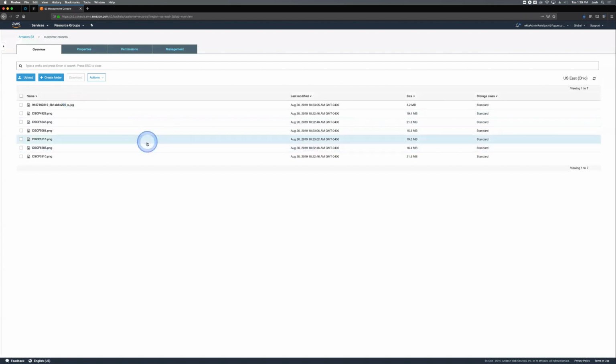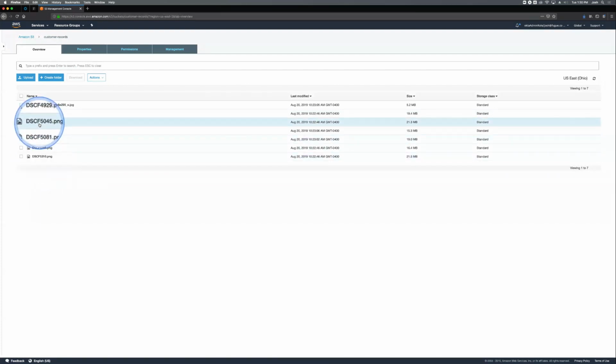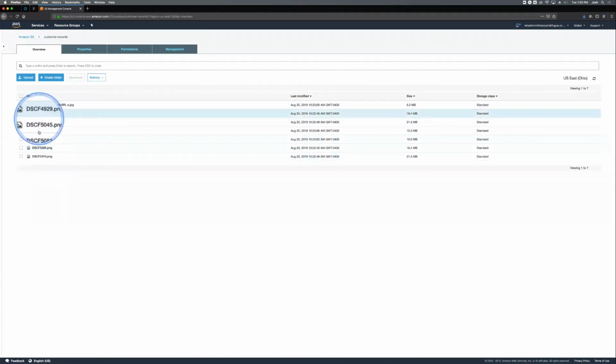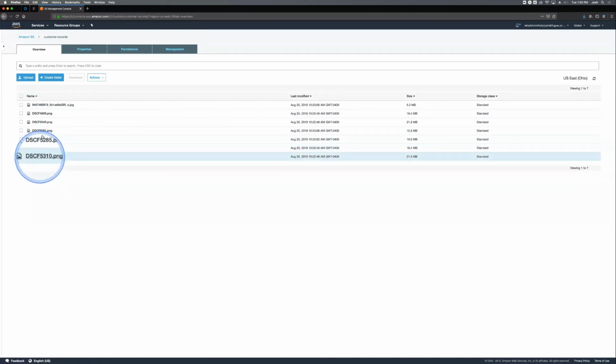So in this case, it's just some vacation photos I took when I was driving around Iceland. But in the real world, this might be a lot of customer data. It might be tens of thousands of objects. But I want to point something out here, which is that guessing file names like these is extraordinarily unlikely. I mean, these ones are image files, so they're probably not that hard to guess. But if you're doing a programmatic approach to populating that S3 bucket, even when I've listed buckets, the